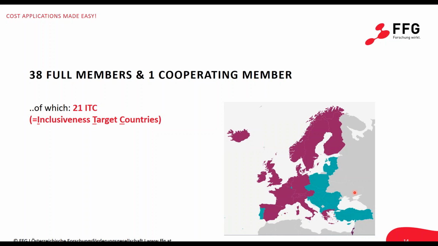And so the program committee from this pillar says, okay, we give you so much money and we want to see some focus on the countries that we are actually targeting. So this is where this comes from, and this is the reason why the ITC countries have a special focus, and now we have this quota since about 1.5 years or so that has to be fulfilled,